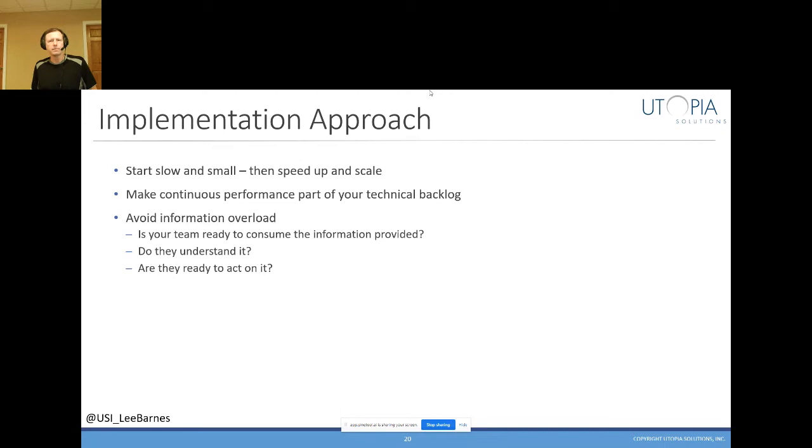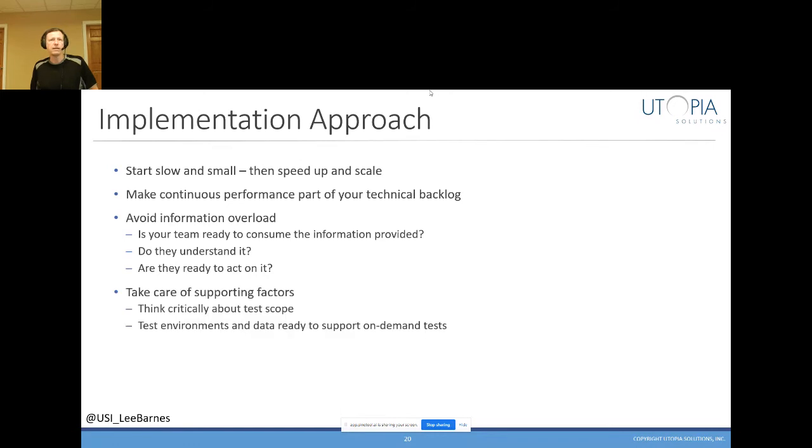And also, the successful implementation of performance testing activities isn't just the implementation of tools. You need to make sure that there are supporting factors in place. We don't have unlimited time to execute tests, so we need to think very critically about which tests are important. If these tests are going to be executed as part of a delivery process, they likely need to be run on demand at some point. So we need to understand what that means from a test environment and a data perspective. And finally,